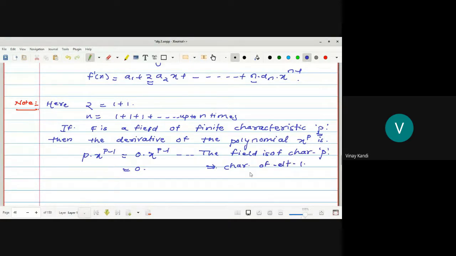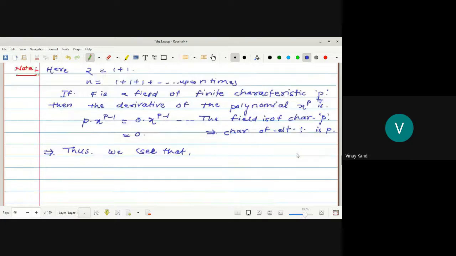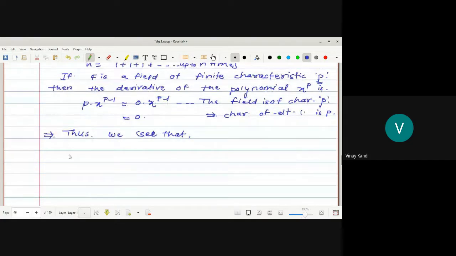So here p is equivalent to 0, so p into x raised to p minus 1 is equivalent to 0. Thus we see that the derivative of a non-constant polynomial, x raised to p, which is a non-constant polynomial,